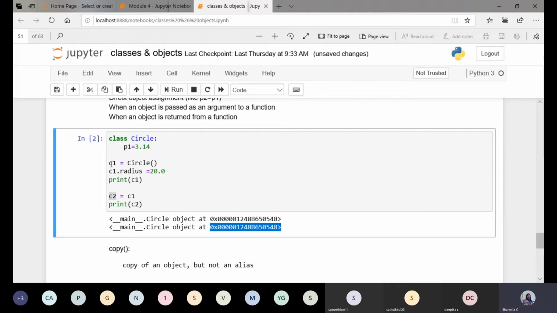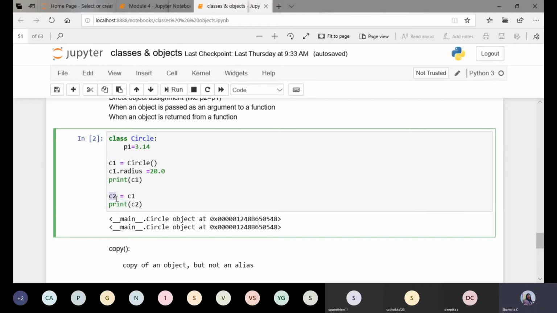C1 is an instance of Circle, and C2 is also an object of Circle, but they are assigned the same memory location. So we have not created a second object of Circle. This object is sharing the same memory location of C1. Actually, there is no point in having this type of object sharing the same memory location of the previous object.